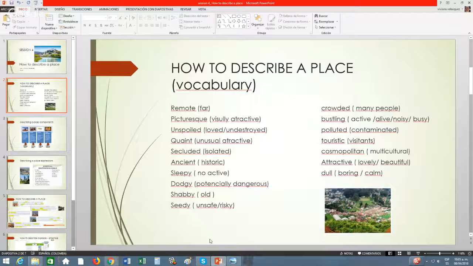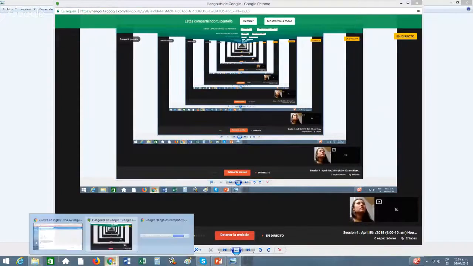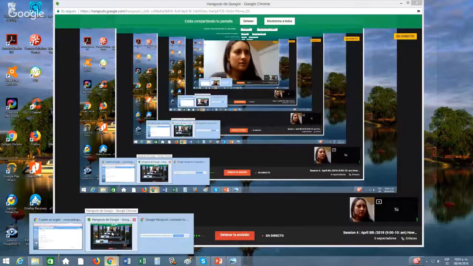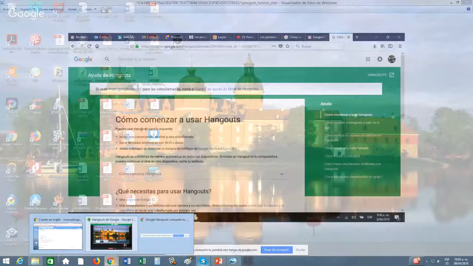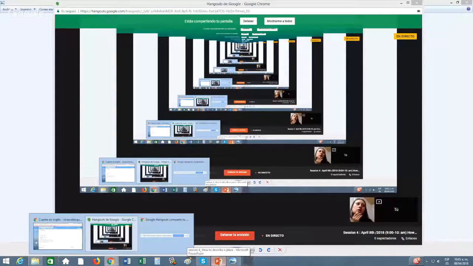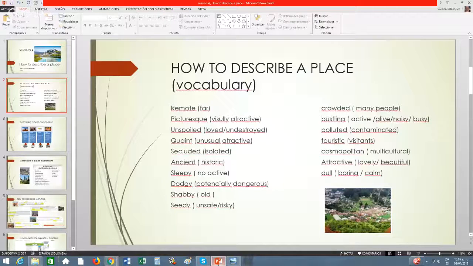Well, I mean, in Villa de Leyva, you can find different attractions, no? Because they have now extreme sports, right? So maybe it is more an active place. But in that case, the small towns in Colombia are not really too active, so they are sleepy. Yes, teacher. Yes. Okay, now dodgy.